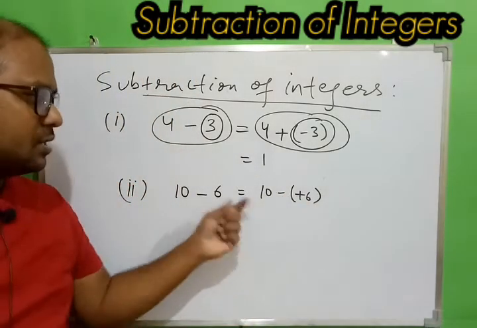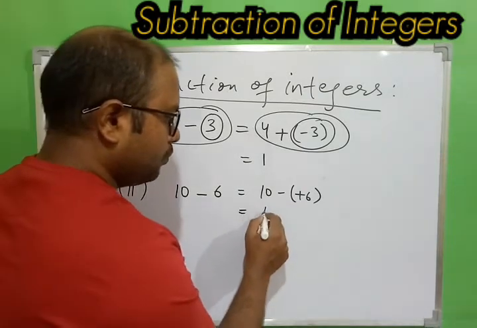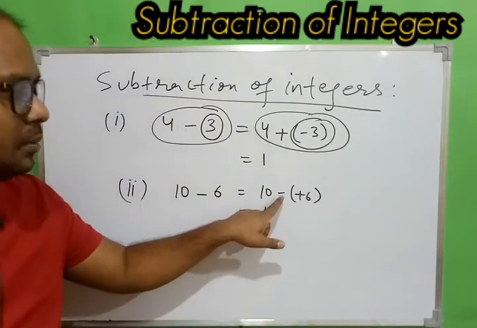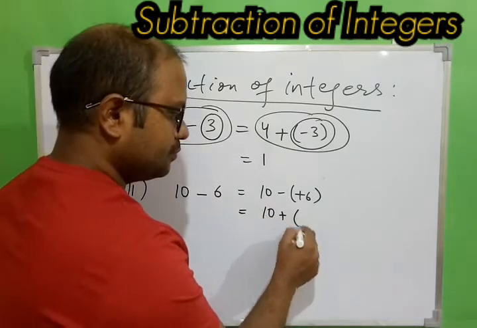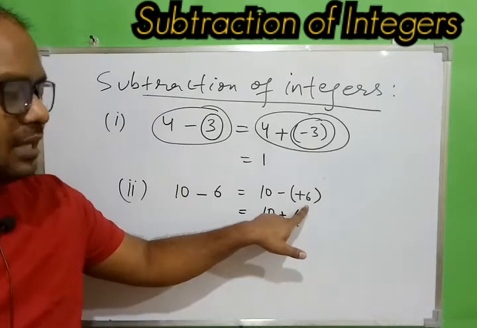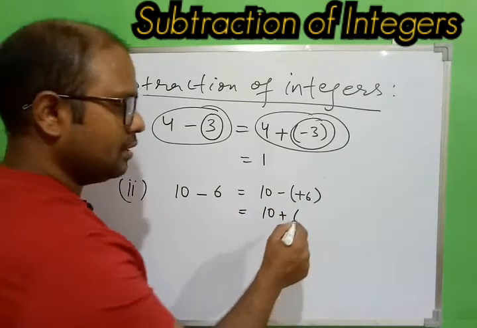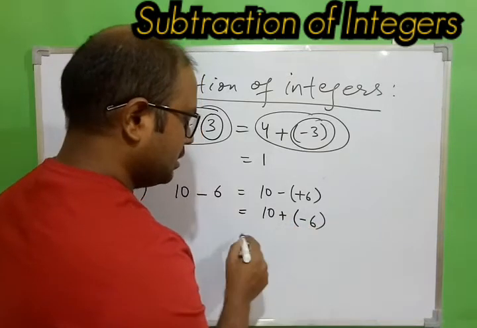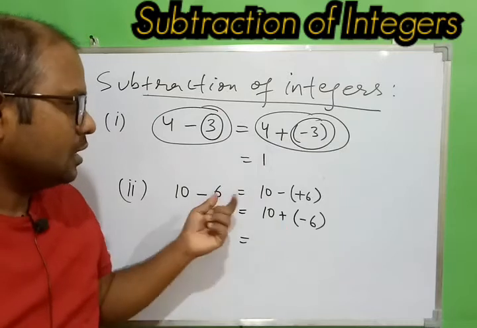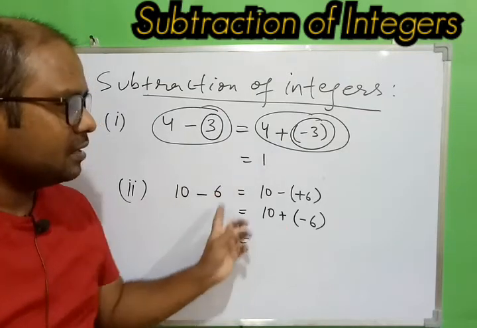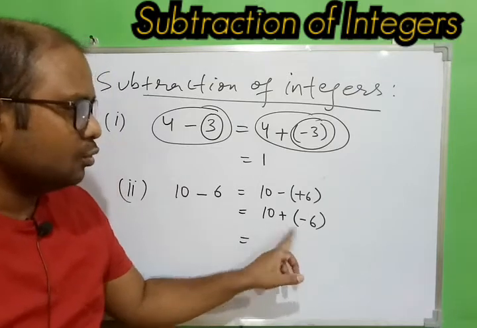This can be modified because 6 is nothing but plus 6, we know. Okay. And if we want to replace this subtraction by the addition sign, then what is to be done? We have to take the additive inverse of the second number. So additive inverse of plus 6 will be minus 6. So overall what we are going to do? Addition. So here we had subtraction, but we have converted that into addition only, and now we know the rule.